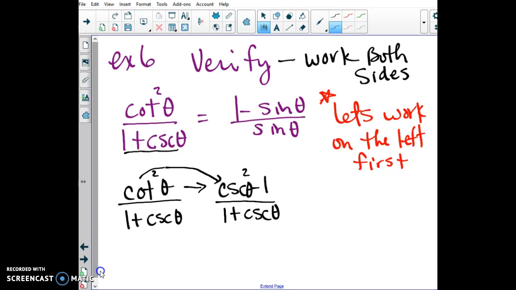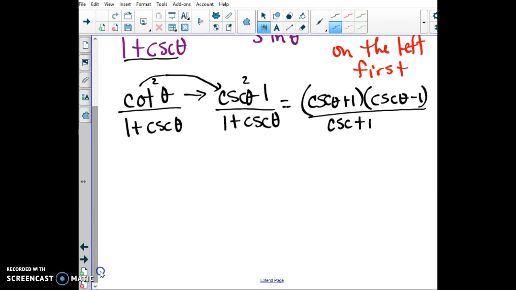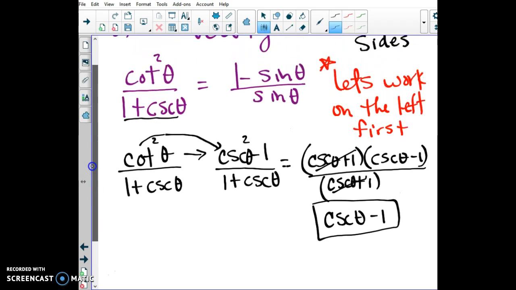What we're going to do with that is factor the top part. Cosecant squared minus 1 is cosecant theta plus 1 times cosecant theta minus 1. And that is all over cosecant plus 1. We're going to rewrite that in the bottom. And we can see that these two cancel, and we end up with cosecant theta minus 1. That's our final answer. So what we're going to do now is take the right-hand side,